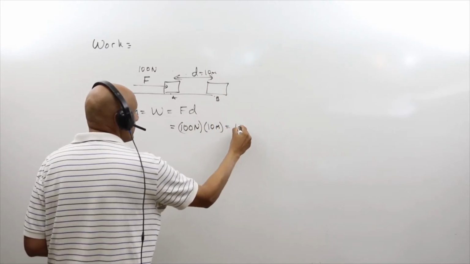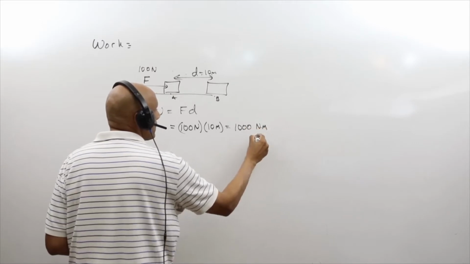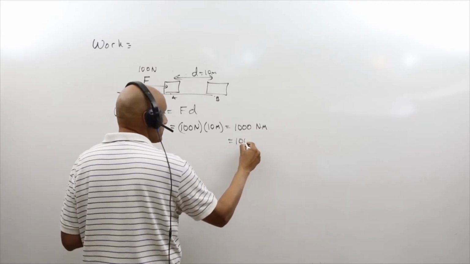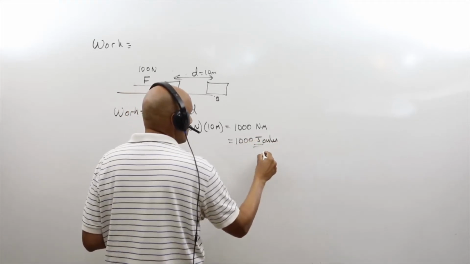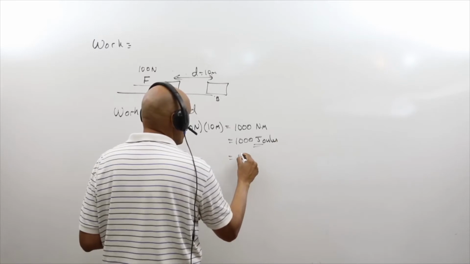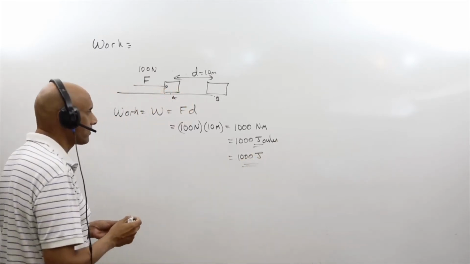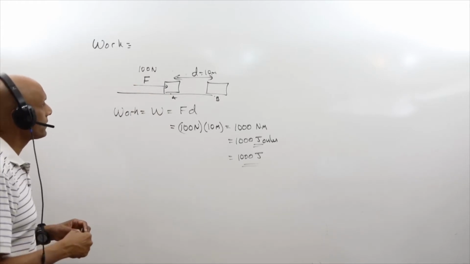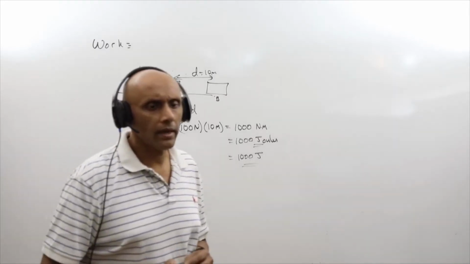And this is 1,000 newton meters. And newton meters is given in units called joules. So this is 1,000 joules, J for short, the standard unit of energy. Now, the direction of the force happens to be in line with the displacement. But in the case that